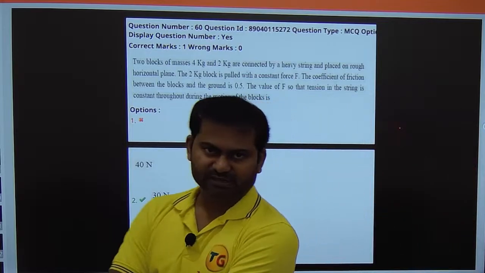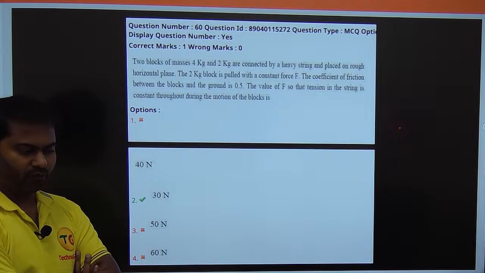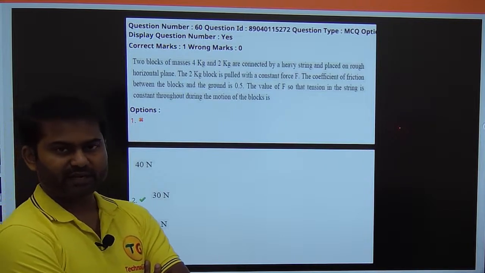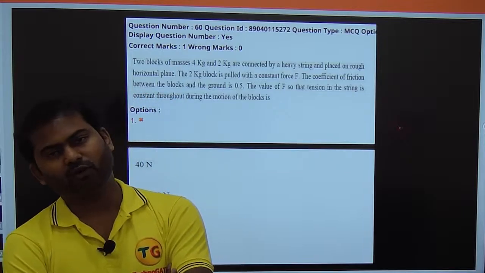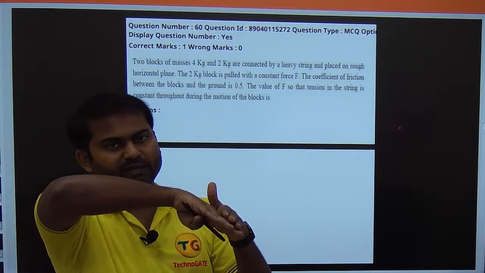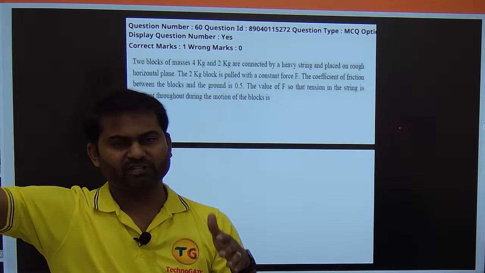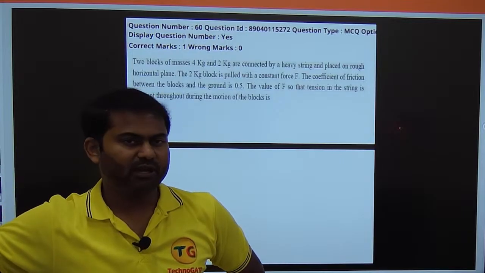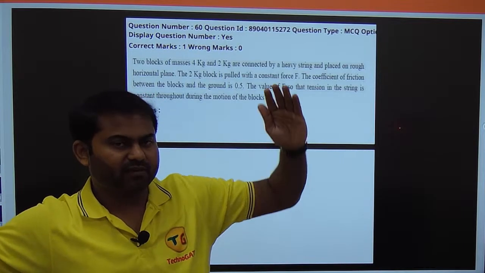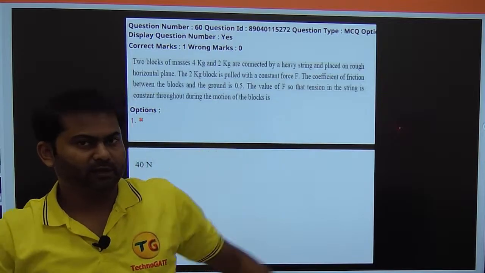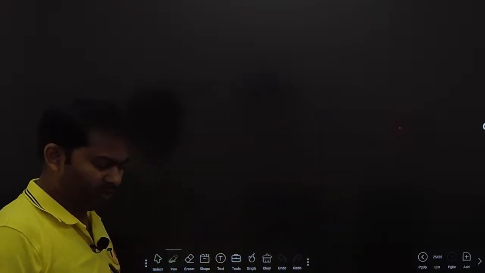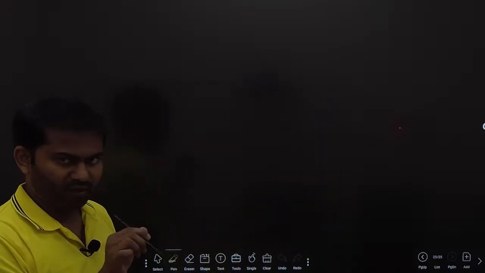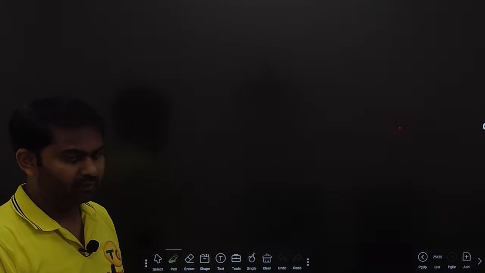So this is a little bit interesting, and this question is an application of the graph which we study in the friction concept. That is, based on the applied force, what would be the value of friction force. If you draw the graph, initially the friction force will be increasing with respect to the same value of applied force. The slope is 45 degrees. Then afterwards the friction force will be constant. Clear? So same thing. I will give the explanation based on a diagram, and you can understand from here how well it is taught in Technogate.